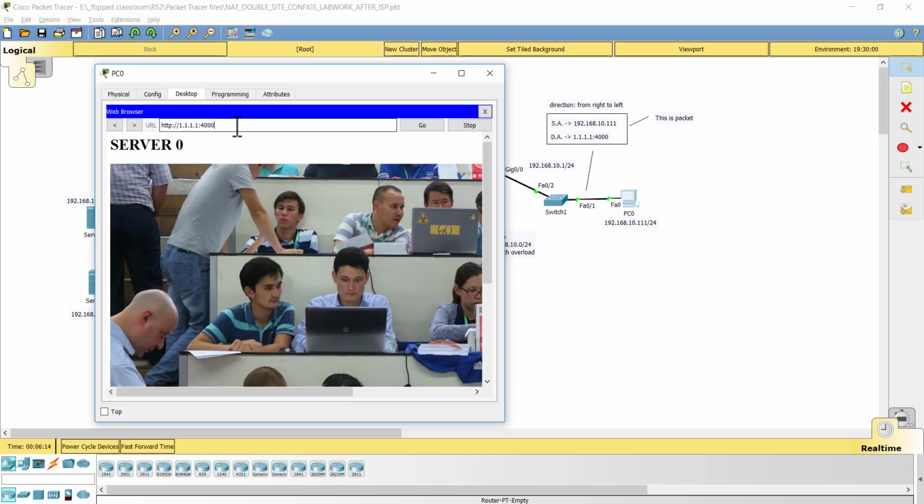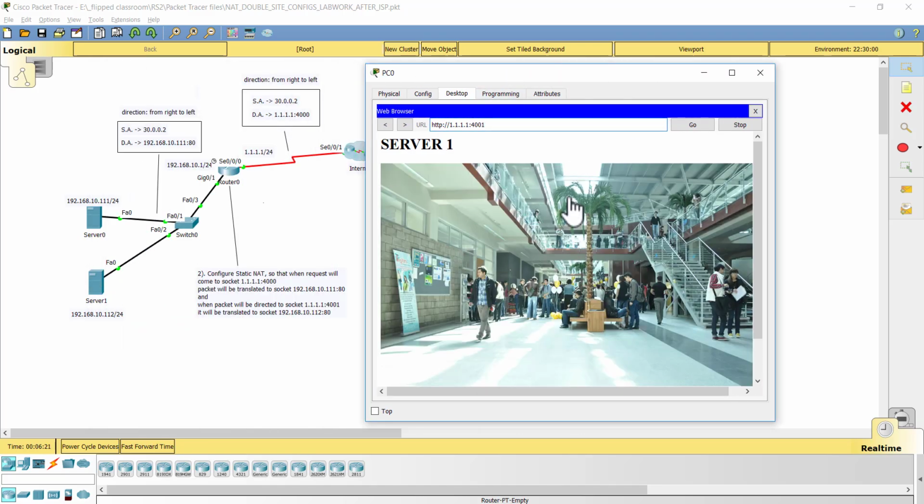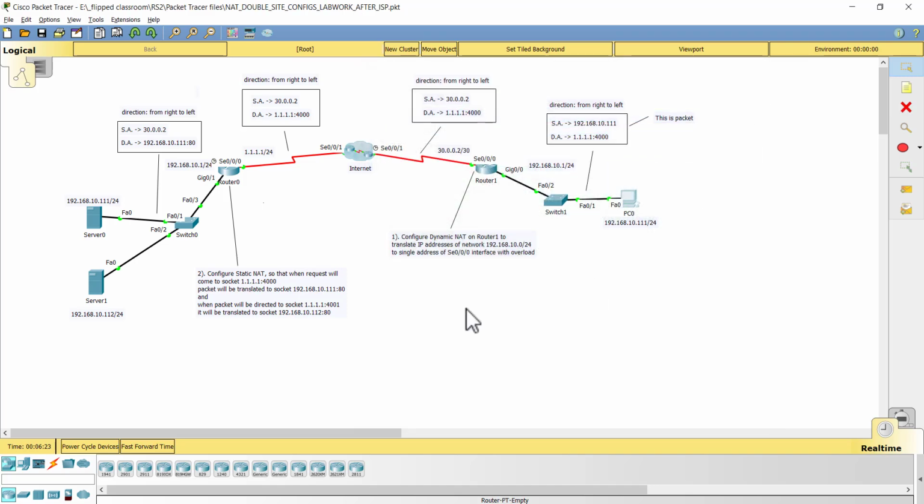So here it is, and if you write 1 here, you will be redirected to server 1. So here it is. This is the end of the